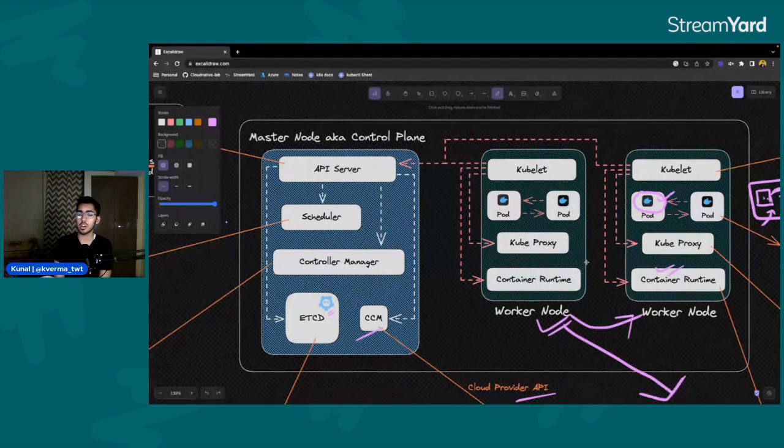So how does the worker node communicate with the master node? As I mentioned, the kubelet is the one which continuously communicates with the API server about all the things that are happening inside a worker node. And inside a worker node, the kubelet is the one that communicates with the Kube Proxy and the container runtime. And through the container runtime, it knows what applications are running and what is happening inside the pod. That's how the communication looks.